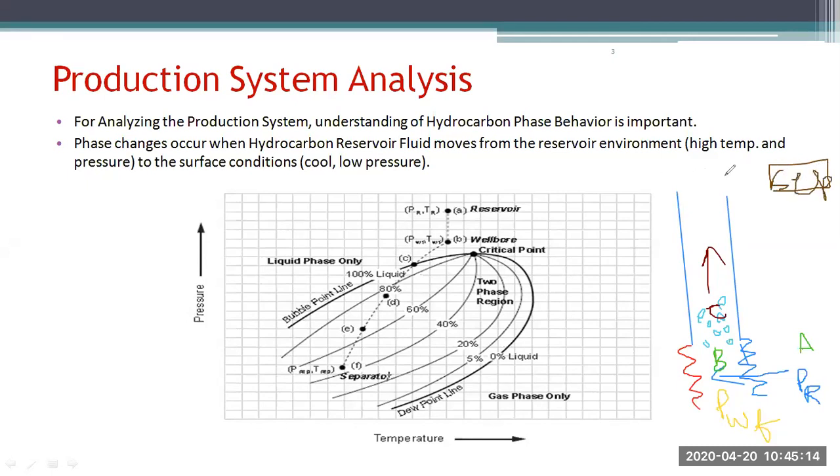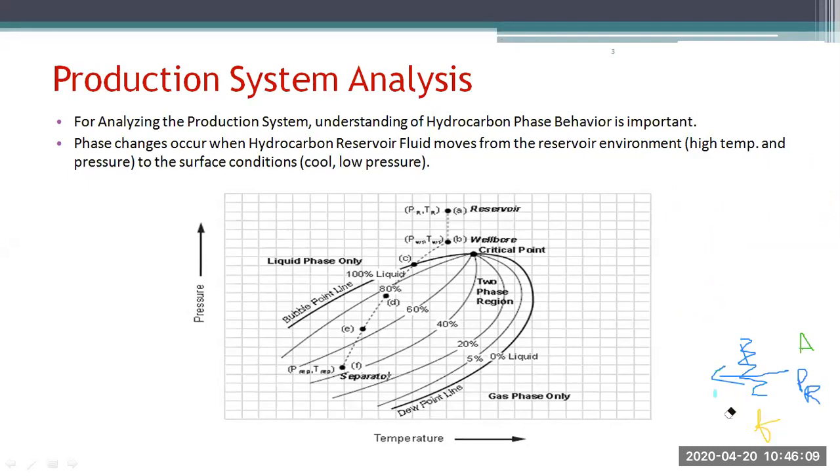So what we have done is we have crossed everything. From here we have crossed the wellhead, we have crossed the flow lines, and we have just come to the separator. So this is the F condition. Your well is once again flowing from the reservoir to the bottom hole, through the tubing, through the flow lines, wellhead, surface, to the separator. So we need to analyze and understand phase changes when hydrocarbon reservoir fluids move from the reservoir environment, at high temperature and pressure, to the surface conditions, which are cooler and the pressures are low. We need to understand how the phases are changing, how we cope with those things, and how we understand what flow rates we require. कि किस pressure